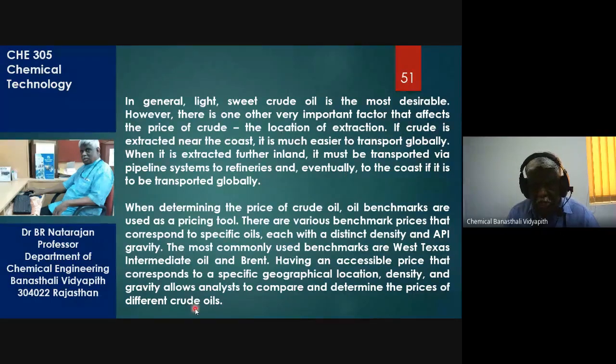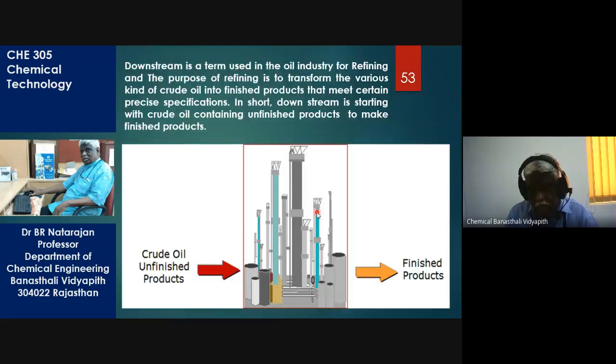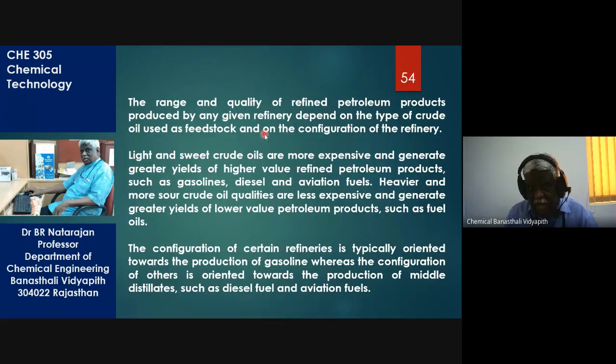Then the transportation. Okay, so that is about the upstream, and in the next lecture we move downstream. There is not much to talk about midstream except that it is transport by pipeline and insurance, etc. Then in the next lecture we move to downstream, where in a nutshell, the crude oil and unfinished products enter the downstream and come out as finished products. That is our downstream. We'll take up in the next lecture what happens there.